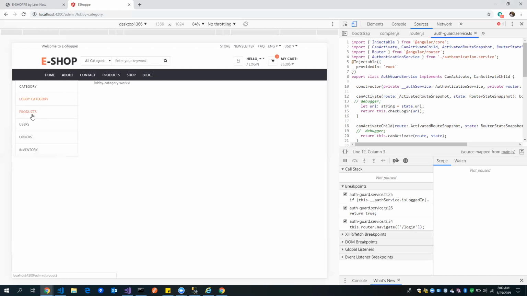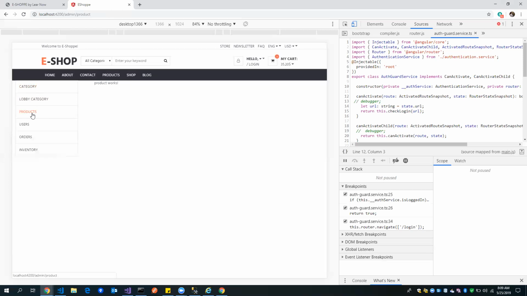So let's quickly finish. I said we'll pick lobby category first, but there's a correction. I should start with product first. Why? Because once you have the category, you're going to add a product under the category. Once the products are done, then only you can decide which product you want to add under the lobby